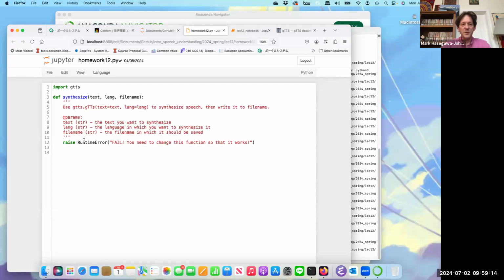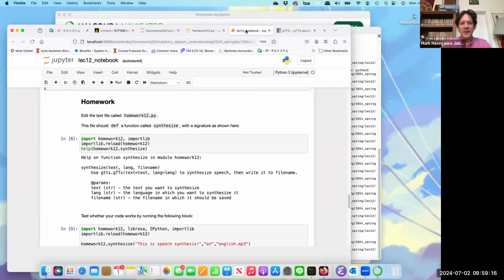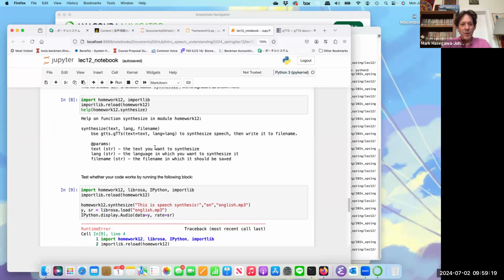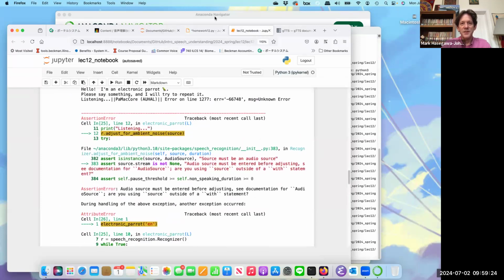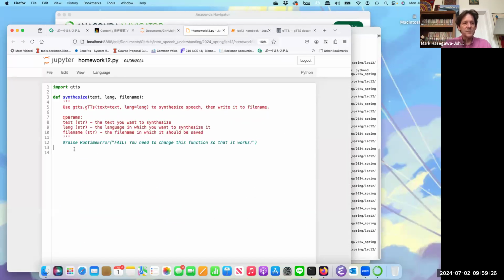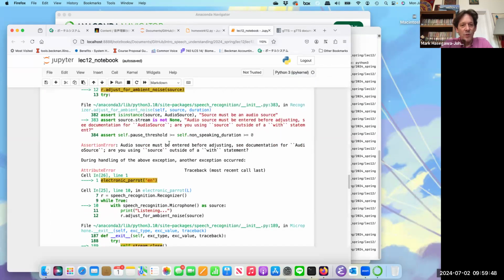So the first thing we want to do is to get rid of the runtime error, and then having gotten rid of the runtime error, we want to use GTTS in order to synthesize it. And then we want to save it. And I think it's really that simple. Let's see if that's enough to make the homework work.